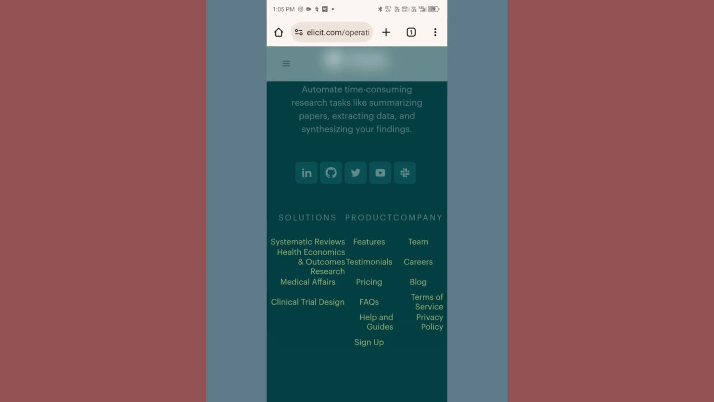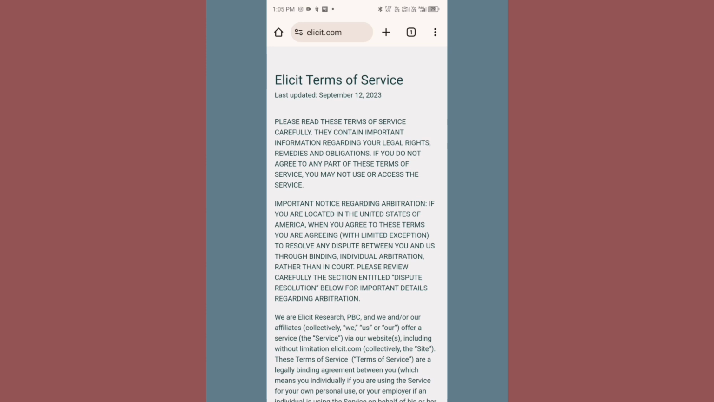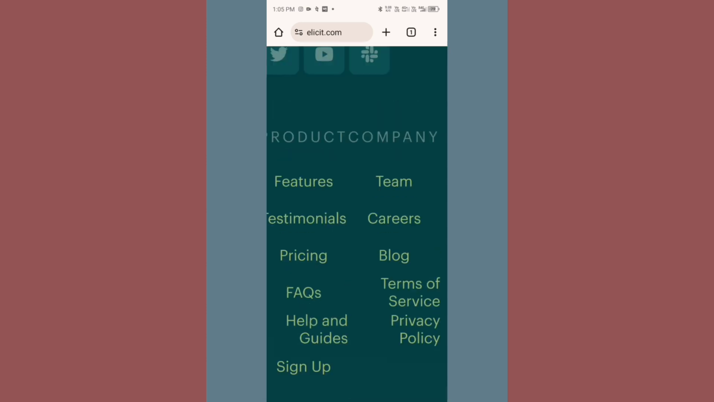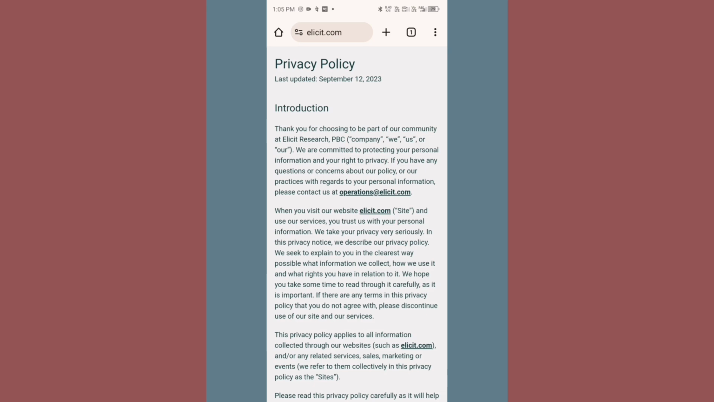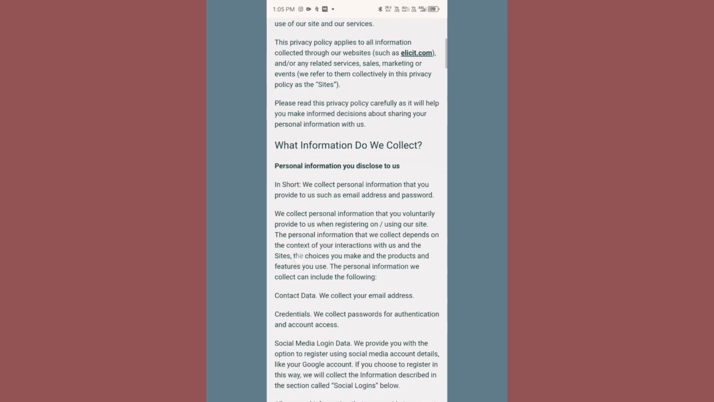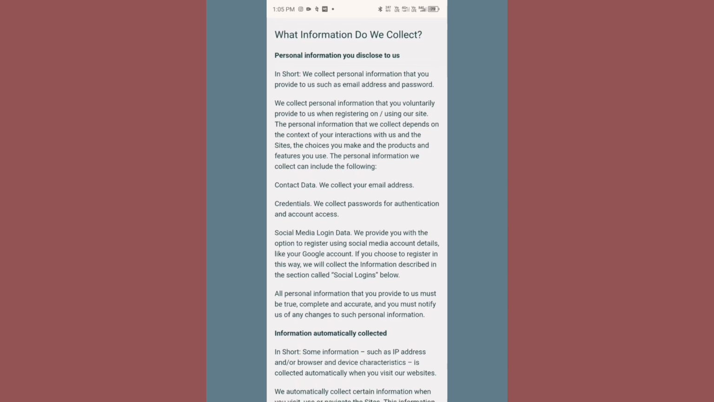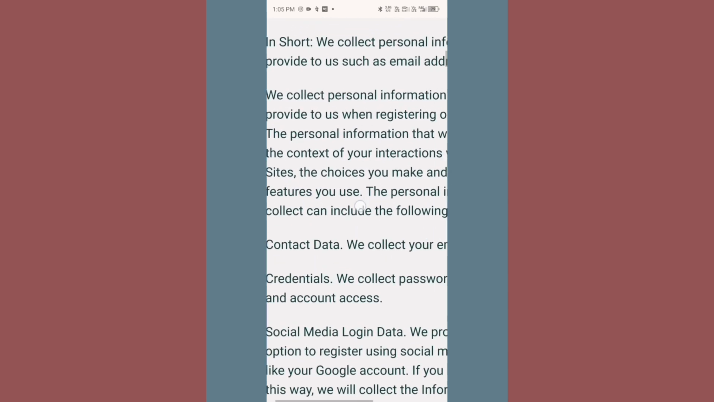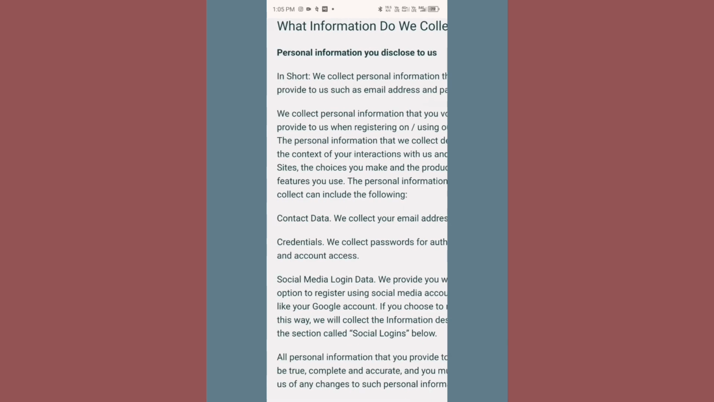Let's see their terms of service and privacy policy. I'm clicking on terms of service. As you can see, Elicit's terms of service are there, and then go to the privacy policy. Now the privacy policy says very interesting things. What information do we collect? As a user of the database, one must know this. I have zoomed in